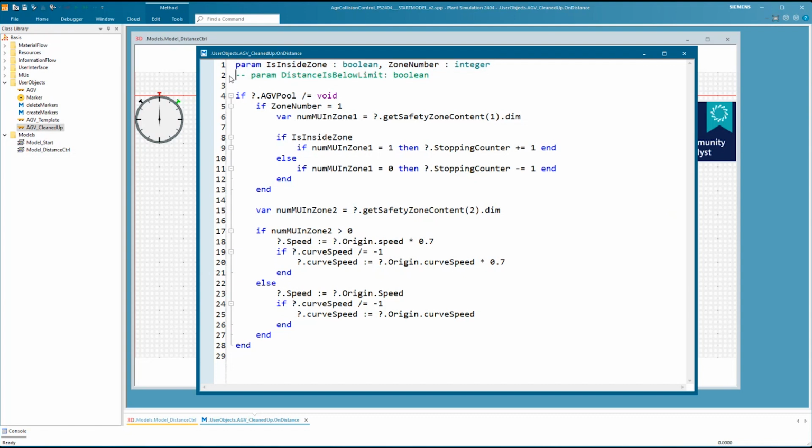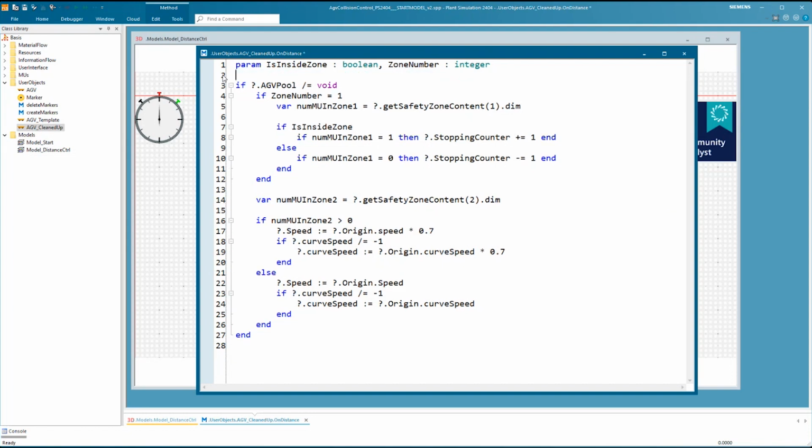The second one, which is inactive by the comment, would be used if you have track-bound vehicles, so the transporters are driving on tracks, not free-moving as we have here. We want to use the safety zones for the free-moving AGVs. That's why we need these parameters. And this one here we don't need, so I will remove it because then the method is a little cleaner and we don't get confused by it.